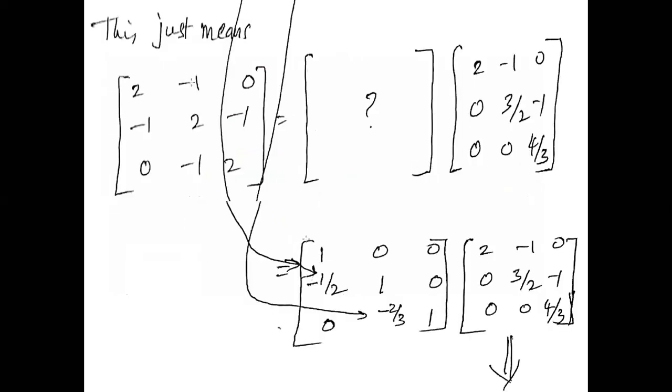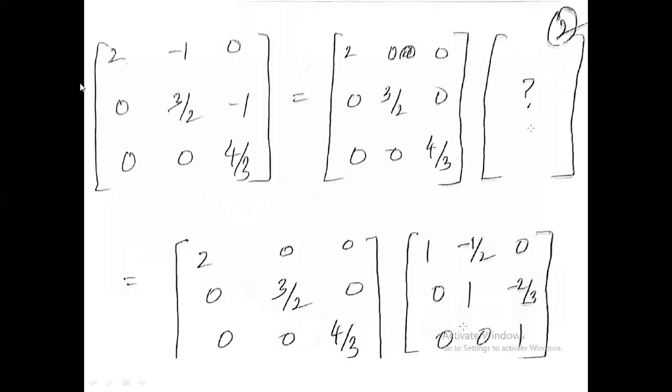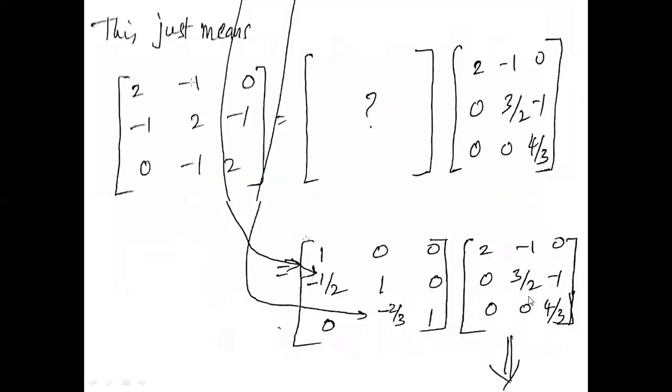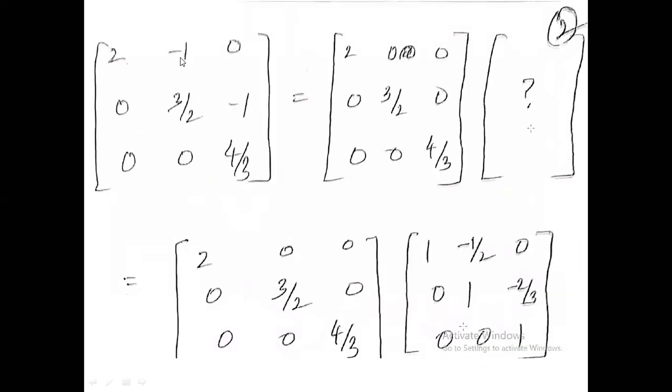Okay, so from these two matrices which we have found, now we'll take this matrix U. This is L, this is U. So we'll take U here. We have written U as [2, 0, 2; -1, 0, 0; 3/2, -1, 0; 0, 0, 4/3]. Now, we need to convert this into a diagonal matrix and another matrix.